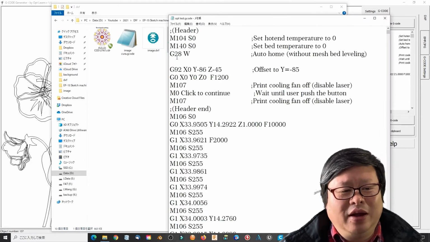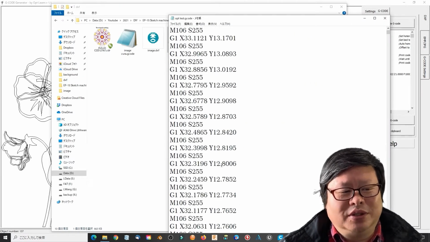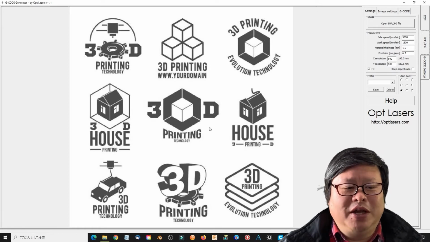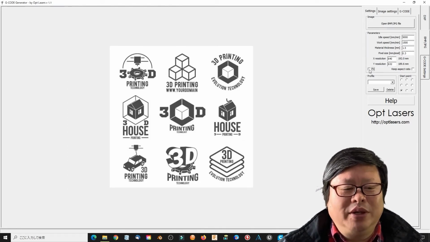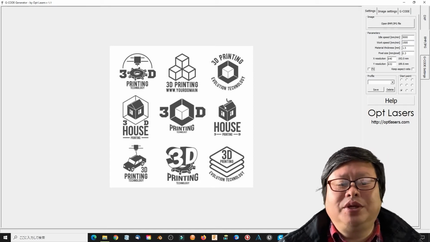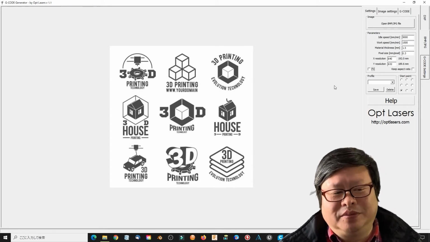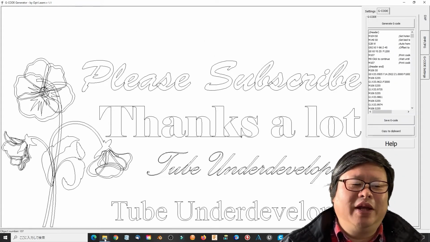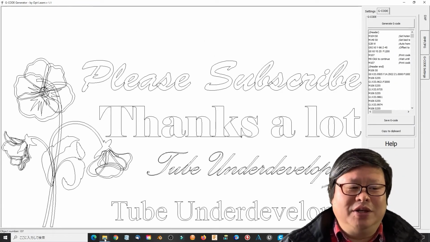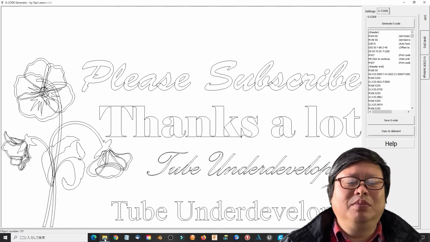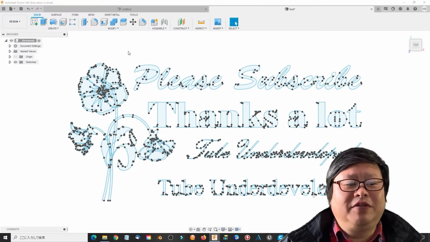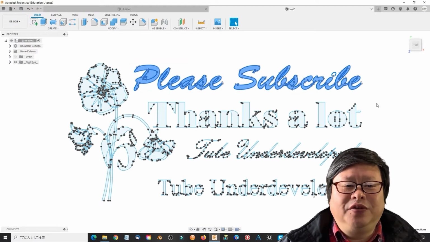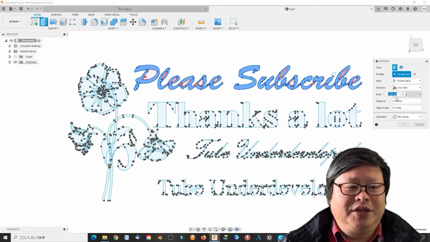Check the G-code file. We found it looks good. This software can also convert JPG or BMP files to G-code, but I don't recommend you use it since the resolution is not as good as I expected. It looks like finally we get a quite good one. Unfortunately, when the DXF file is large, it did not work for me, maybe caused by my old computer. If you have a DXF file, then you also can use Fusion 360 to make an STL file.